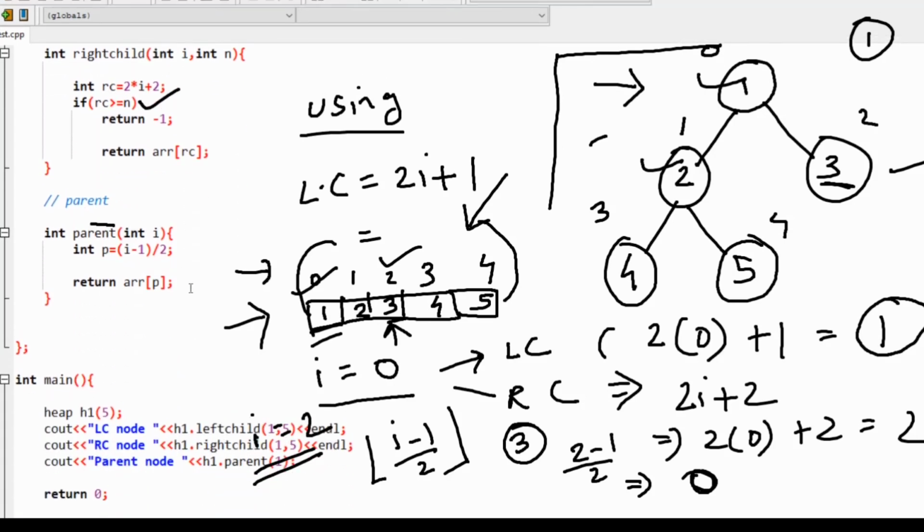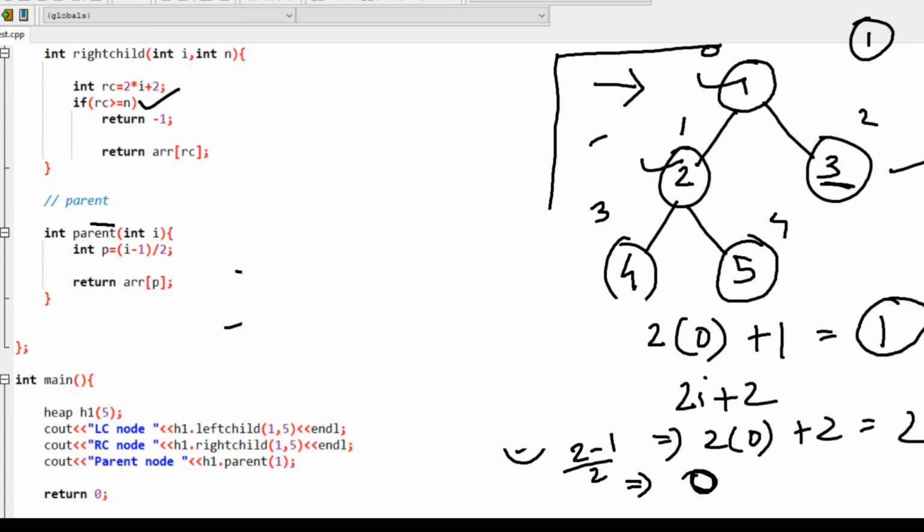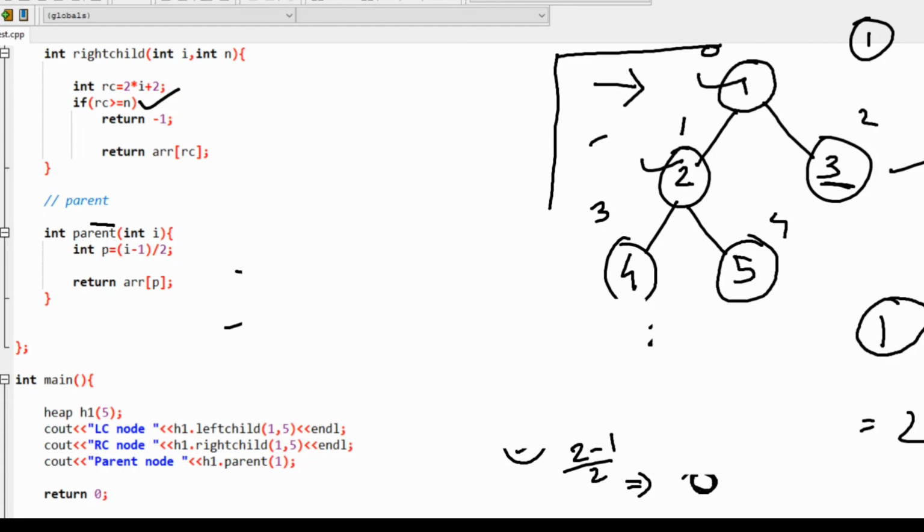Now suppose I'm going to take one more example. Right now we are familiar with the relation between the parent and the left child and the right child. In this main function I have created the object of heap, that is h1, and I have passed the size, which is 5.